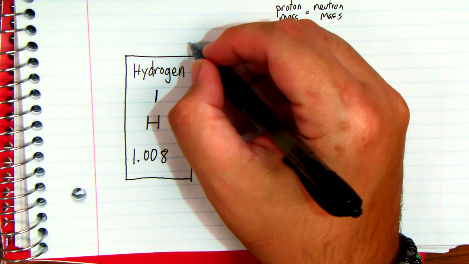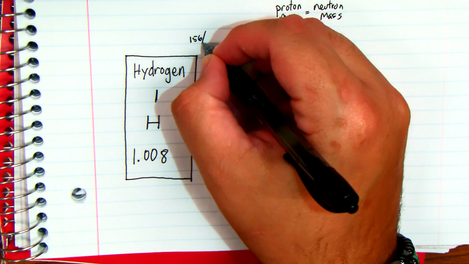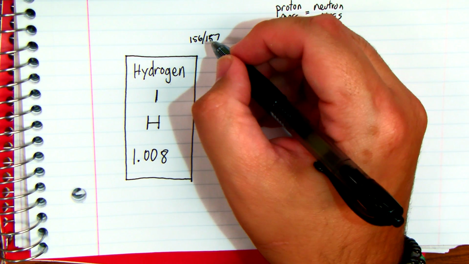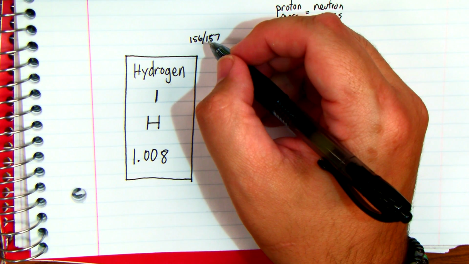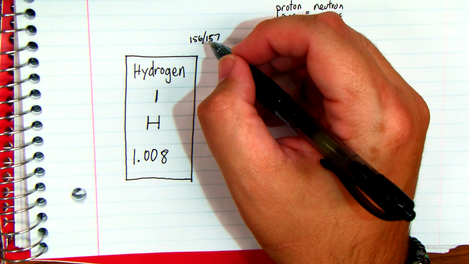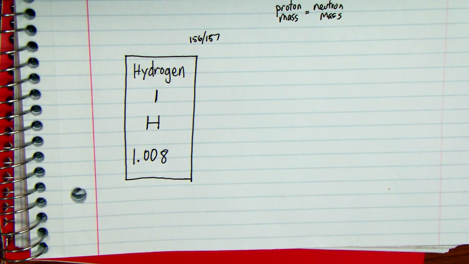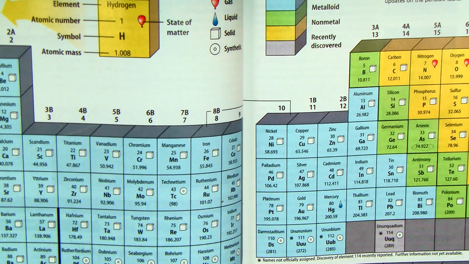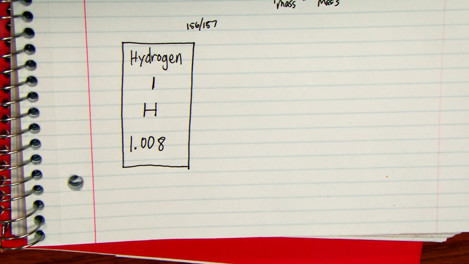Now, in your book, page 156 to 157, it's a 2-page splash of the periodic table itself. It looks like this. It's got the periodic table with all sorts of wonderful stuff on it. It's a good reference point in your book for the periodic table. As a matter of fact, I'm actually going to put a tab on it just so I can get to the PT if I need it. And if you take a look here,